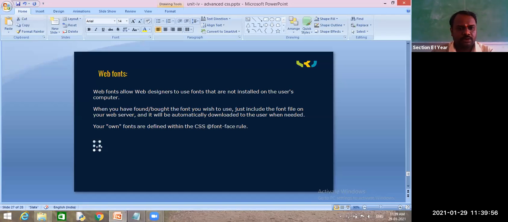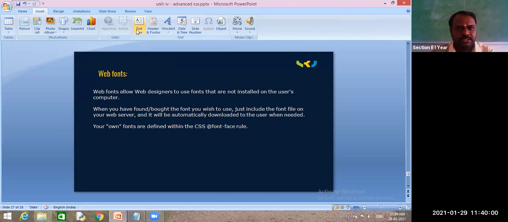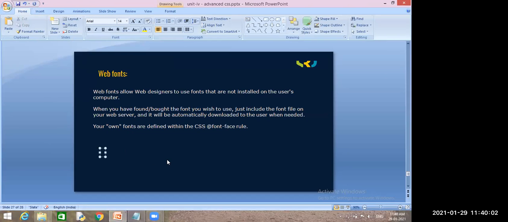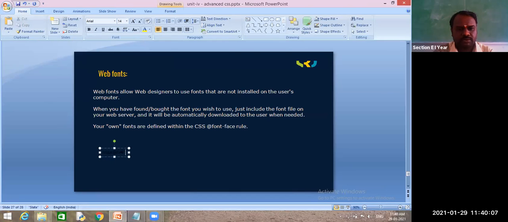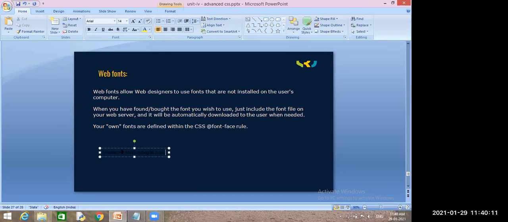How did you download these fonts? Visit fonts.google.com.